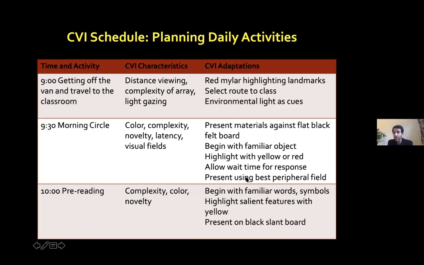Wait time is important. Using specific peripheral fields is important, and so on. Okay, so I can give you some more examples of CVI schedules if you'd like as well. If this is something that you're trying to do and you feel like you could use an example, happy to